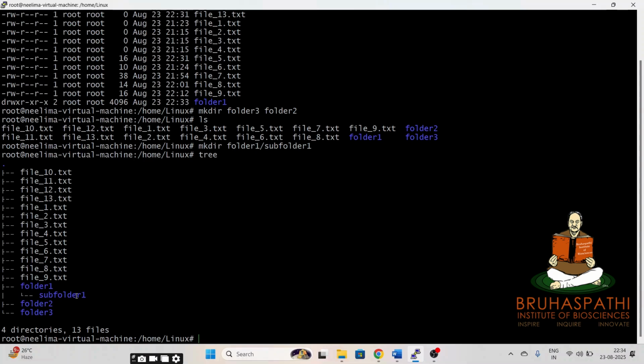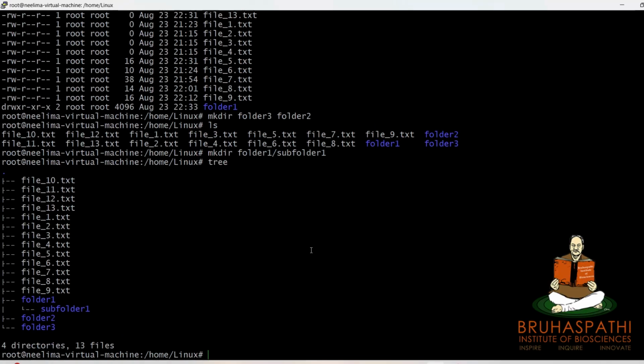Next, let's make a folder. Our next task is to make a subfolder in folder4. But folder4 doesn't exist already. So how do we do it? We can force it by using the option -p. So we need to make folder4. Inside folder4, we need to make subfolder1, and inside this